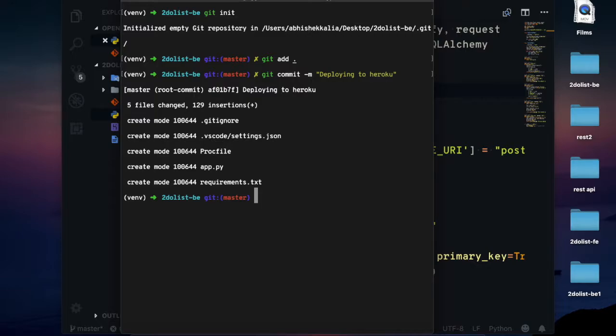The next thing that you want to do is to create a Heroku app for this git repository. To do that, you type in heroku, and this is assuming that you have logged in using the Heroku CLI, and then you type in the name of your application. So this is what I want you to do. In the name of this application, you type in todolist, and with a dash type in your date of birth. So I will type in my date of birth,